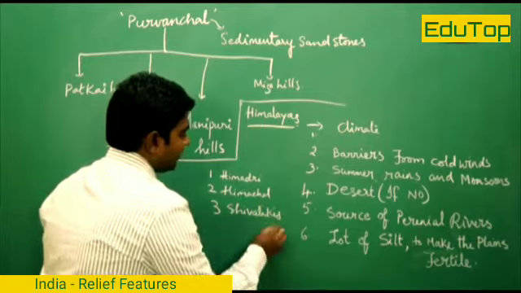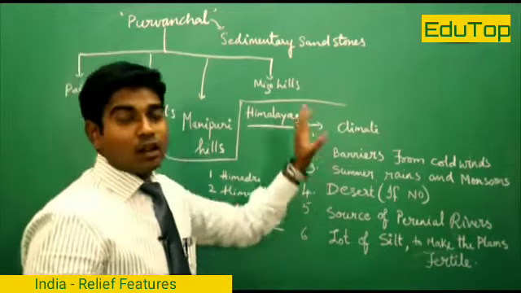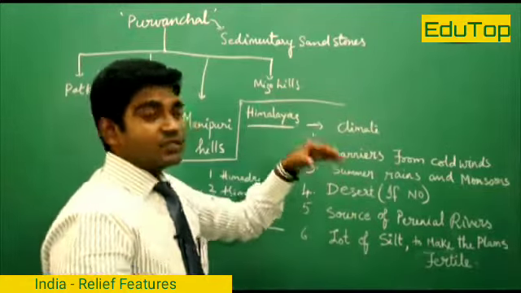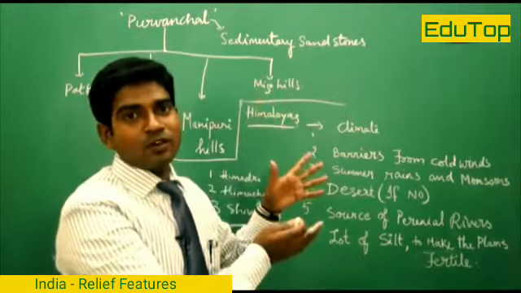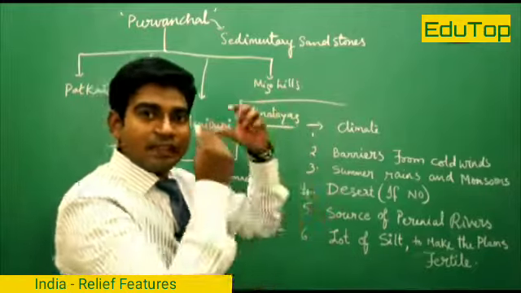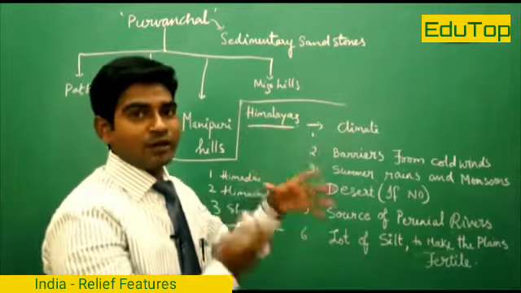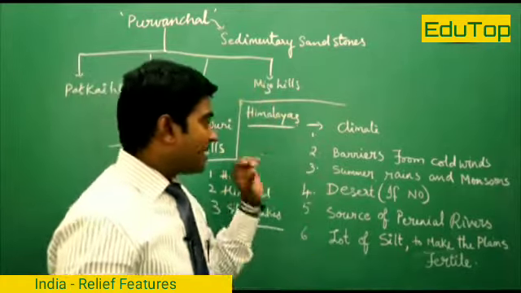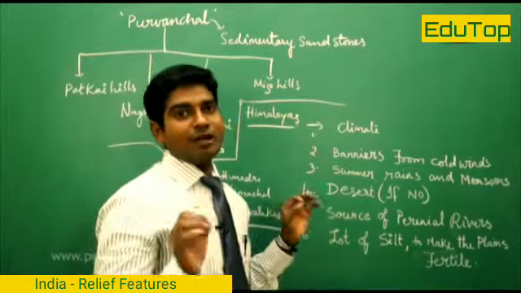What would India be if the Himalayas were not there? What are the advantages or disadvantages of the presence of the Himalayas? We have seen the formation of the Himalayas, their geological background, their existence, the different divisions of the Himalayas, and their height and width. All these we have covered now. Let us see the positives and the negatives of the Himalayan region.